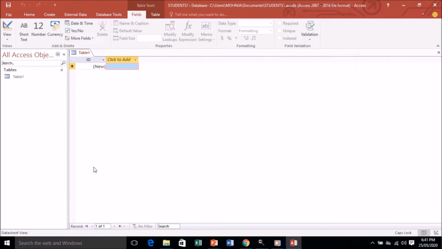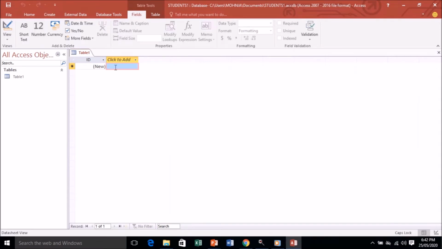So this is what my Microsoft Access looks like. The first thing we have to learn is the title bar. My children, you know very well this top bar is your title bar. Here you can see students database is given. After that you have the quick access toolbar. Here on top you have a save option. Then here you have undo and redo buttons.